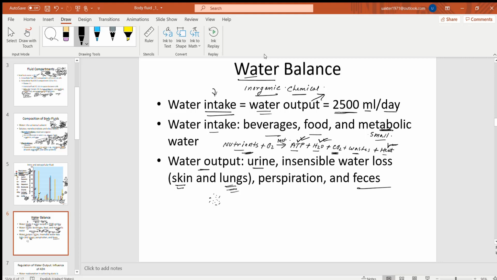Now the ways water gets out from the body can be divided into two processes. Okay, how the water gets out. One is called sensible water loss. Another type is called insensible water loss, right? So two types of water loss from the body. Sensible ways: urination, that you can see, you can feel, right? Sweating through the skin, makes sense? You can see that water is getting out, you can feel that, right? So those are sensible. Insensible: breathing,